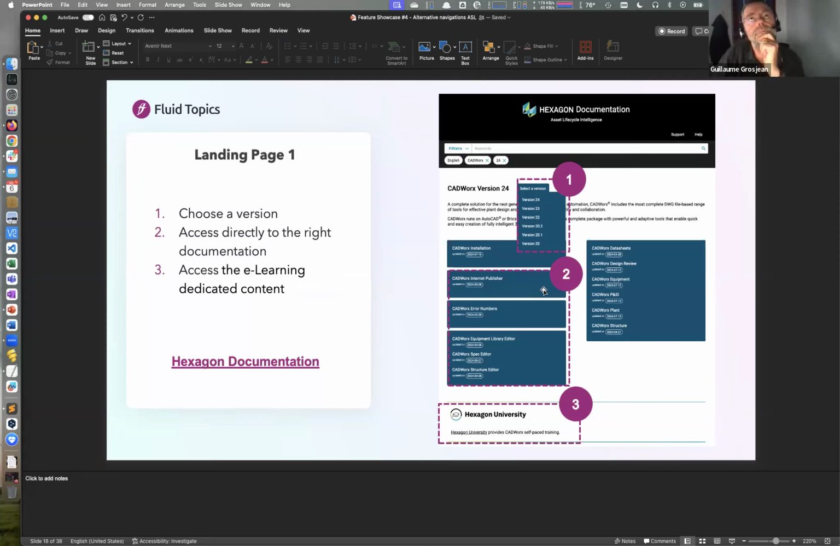has three different zones. The first one is the version selector, which is here. The idea being that when I have selected CADWorks, there are different versions available of this software, and the landing page itself will be modified automatically when I select the right version of the software I'm currently using. So here it's version